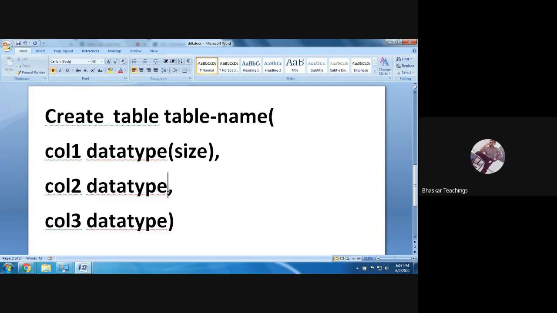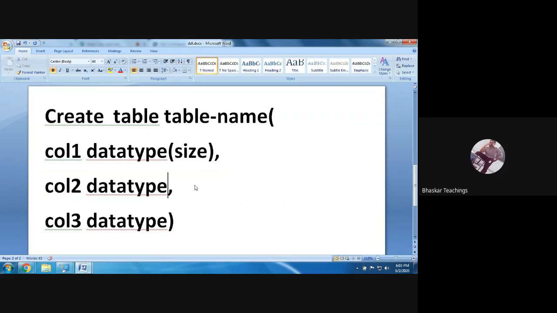That is, two parts: the digits that come before the decimal and the digits after the decimal. So the size range for those two parts will be mentioned here. If I give 3 comma 2 for a float, that means three digits are allowed before the point and two digits are allowed after the point. So let us discuss all these things while we discuss data types in SQL.